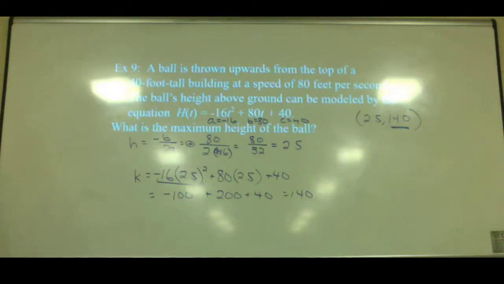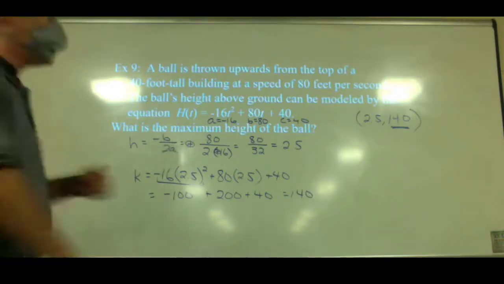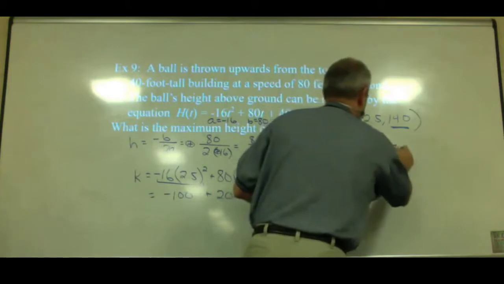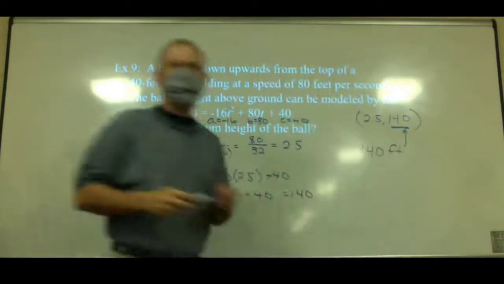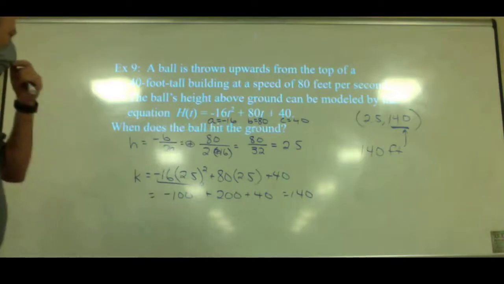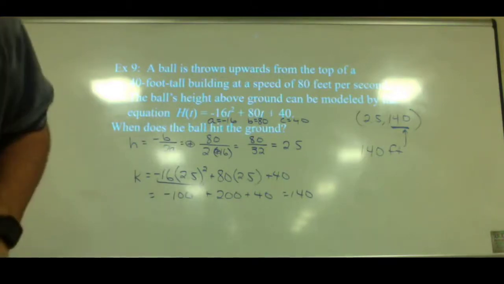Okay, so we get 2.5 is the amount of time that has gone by, but the 140 is how high that thing gets. That's the maximum height. So that's the answer to this question, 140 feet. From there, that's the K value. Okay, ignore that. 140 feet. Sorry, typos. Now, the second part of the question is,